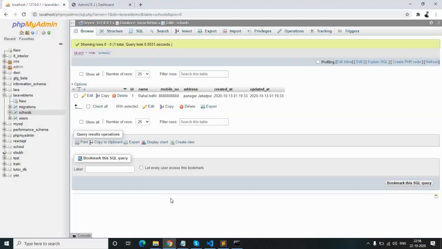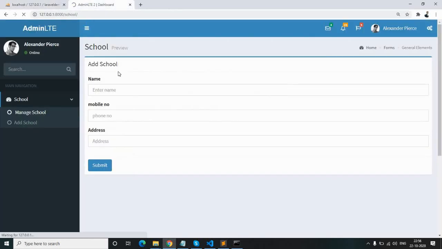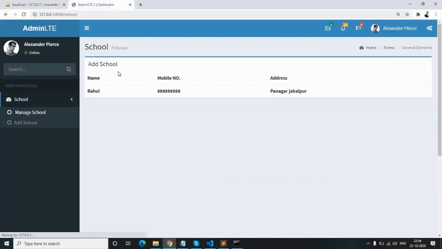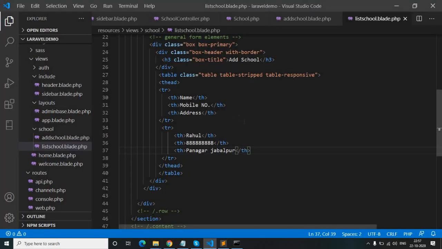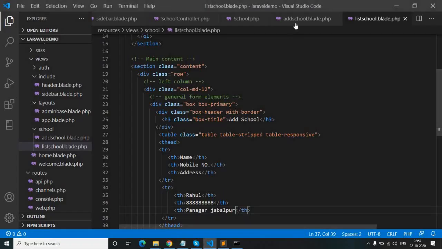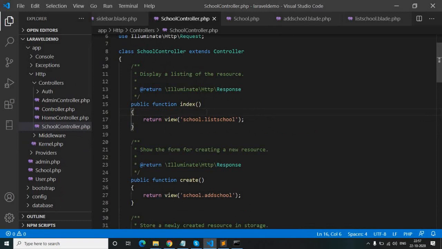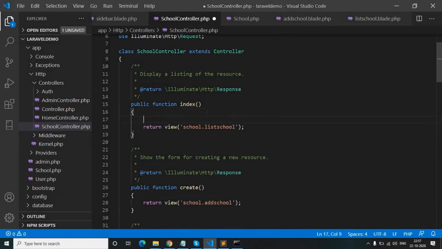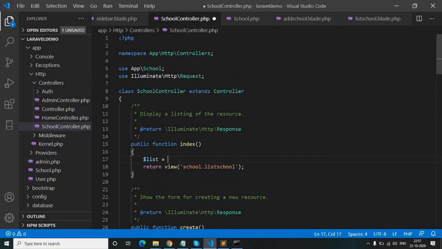Okay, now we will see this. Here you can see, guys, we have the labels and we have a record. These are static records. Now we have to make this dynamic, so we have to access this data from the database. For that we will go to our index function and here we will write $list is equal to, using our list model.